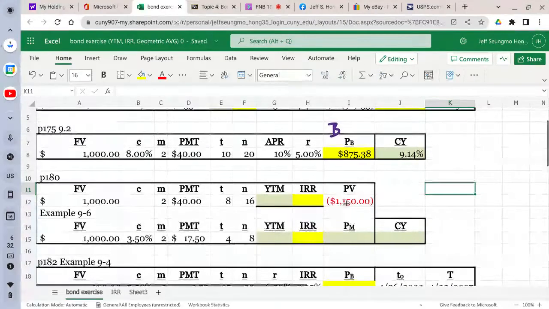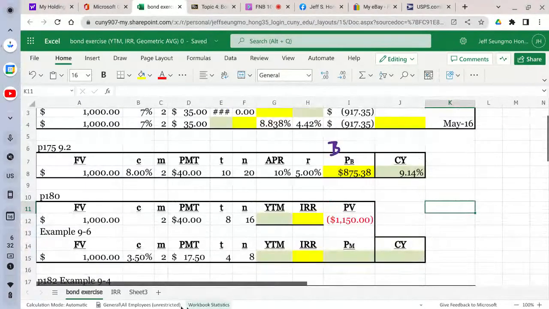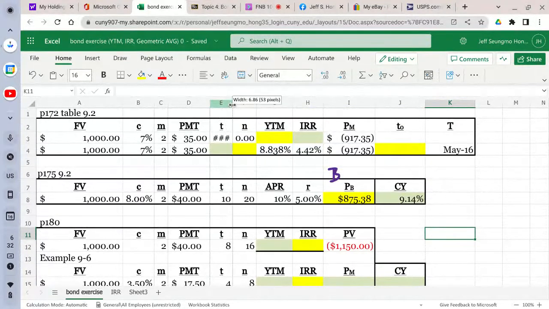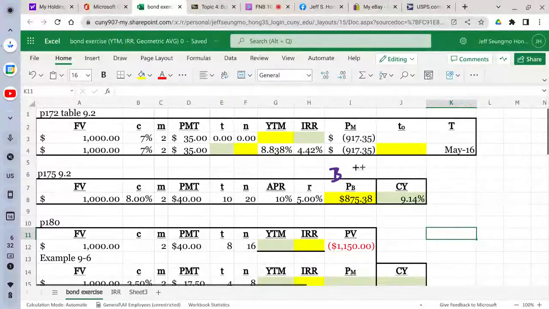Now the next example, let's move on to the next one. But before we move on to the next one, you remember,